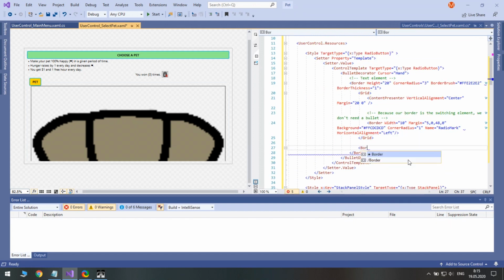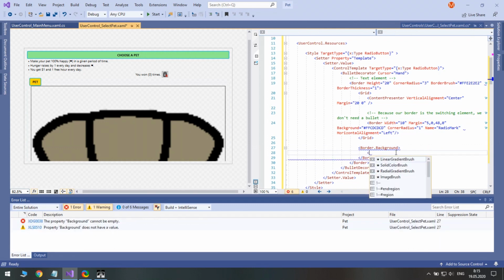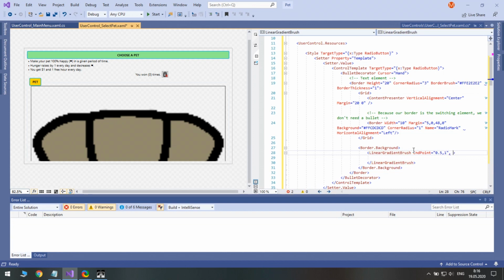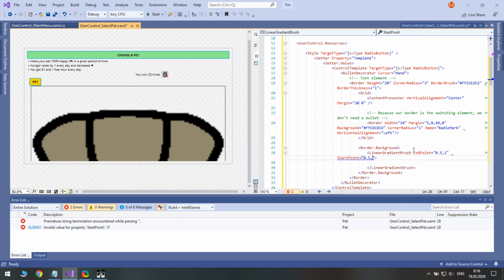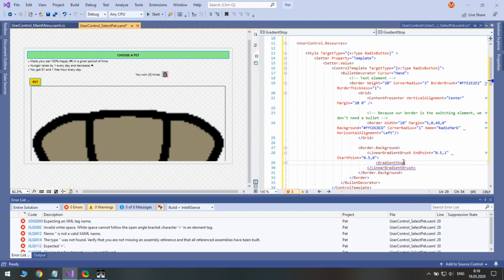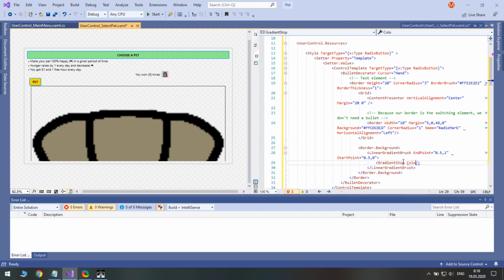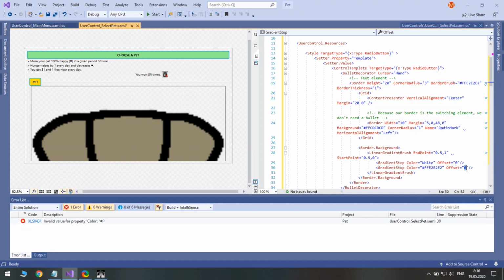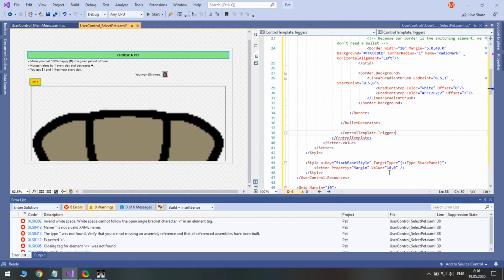Let's edit the background of the outer border to make it less white. The control template can have its own triggers.